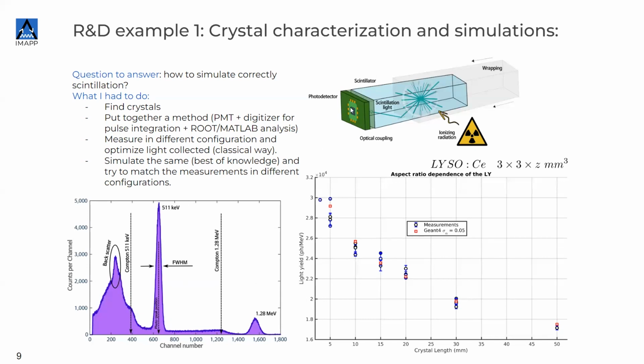If you measure with the PMT that you have attached, or the photodetector that you placed on the scintillator, and you make an analysis out of it, which at the end is just a spectrum of the integral of the pulses that you obtained, you will see a spectrum similar to the one that you have here on the screen, where you have a Compton shoulder and a photopeak, a clear signature from the source that you are using. In this case, the ionizing radiation was a 511 keV photon.